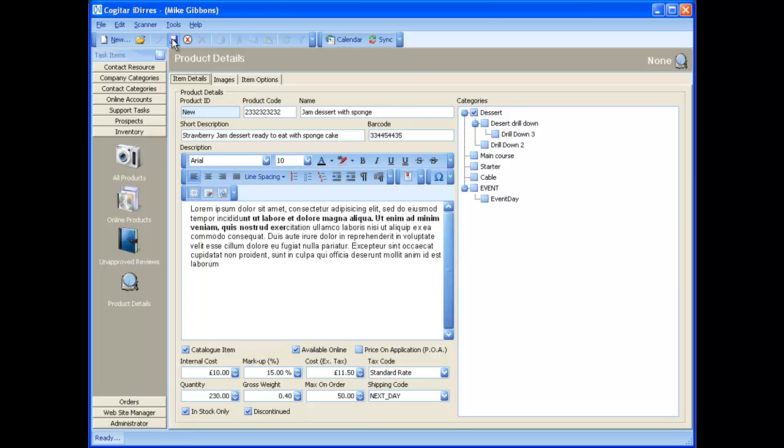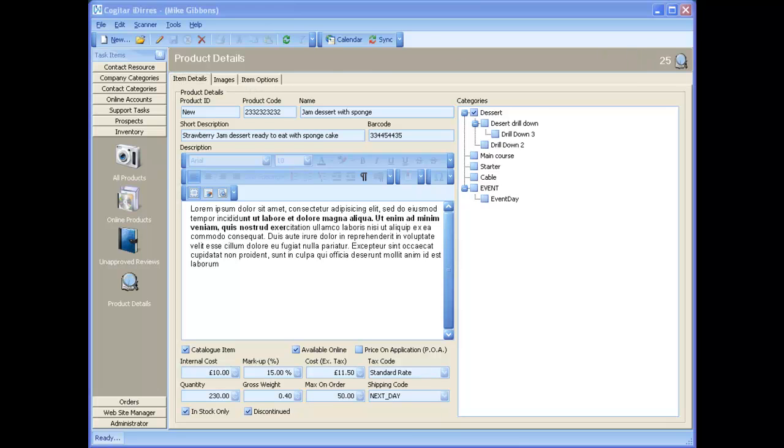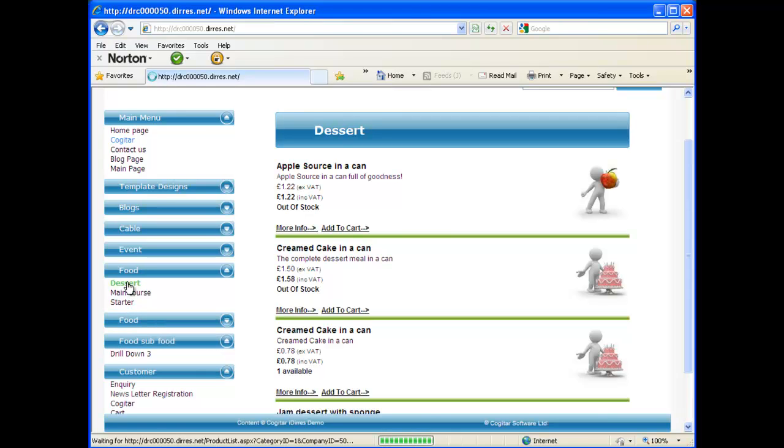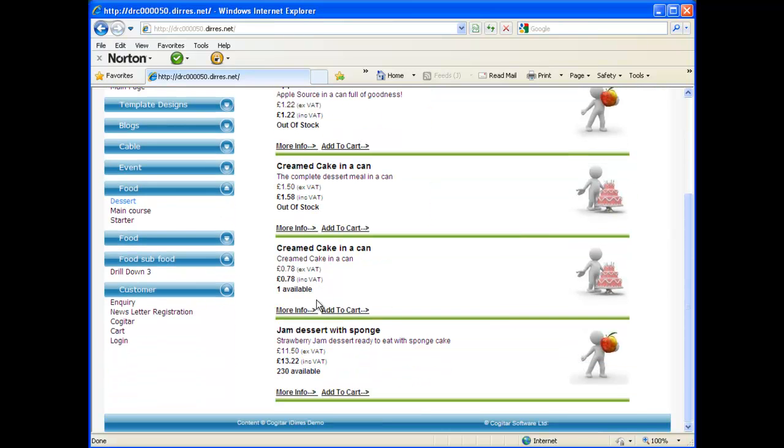the images have been saved and are being dragged up online by our system. So we've now got an ID number of 25. And if I now go and click on dessert on the website menu, here we go. Jam dessert with sponge, strawberry jam dessert, ready to eat with sponge cake. If I go to the more info tab,